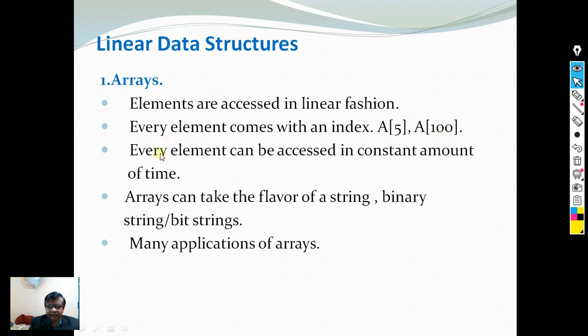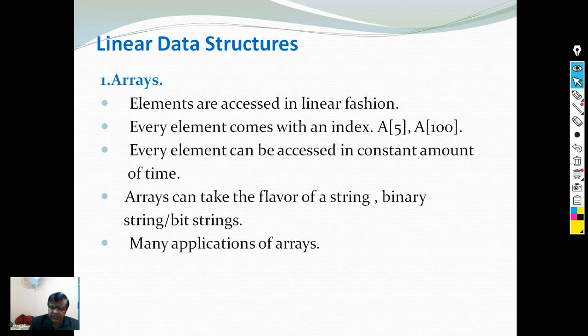One of the beauties of arrays is that every element in an array can be accessed in a constant amount of time. Let us assume that there are 10,000 elements in an array, and if you say A999, you will be visiting the 999th element, and as well you can say A1000 or A10000. The time consumed to access both elements remains the same.